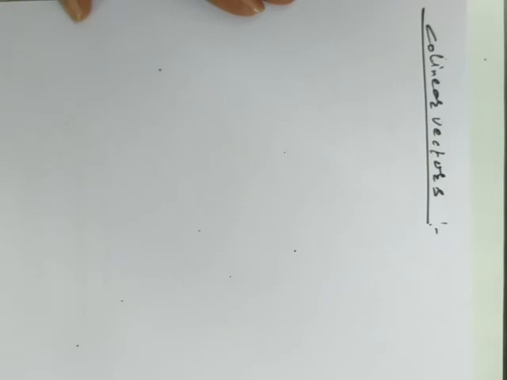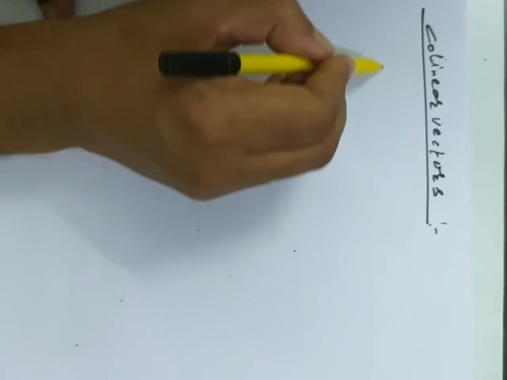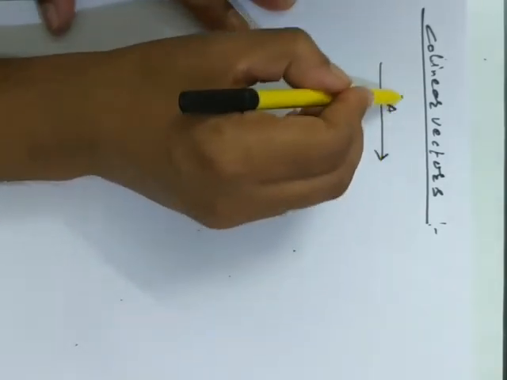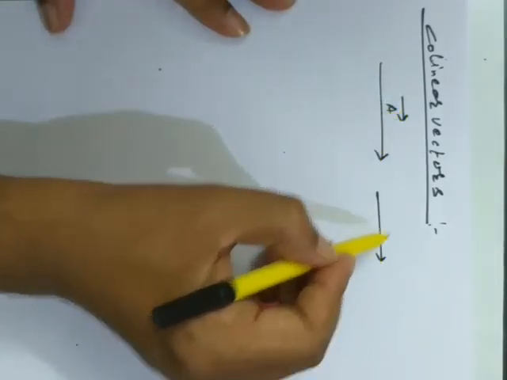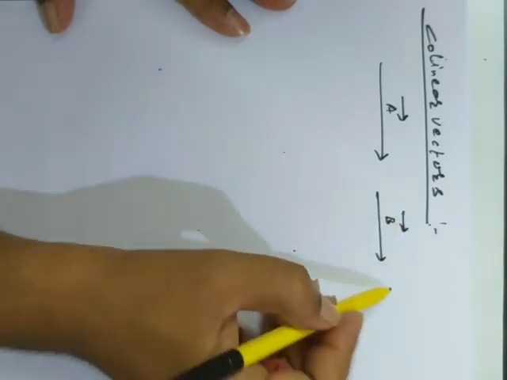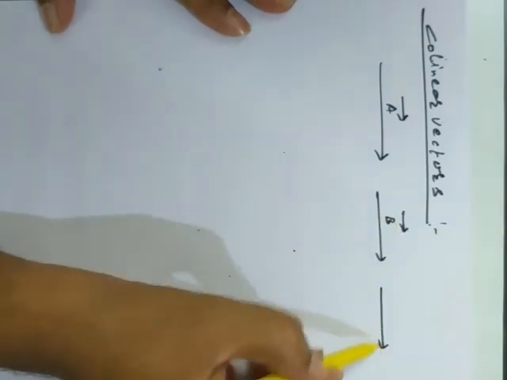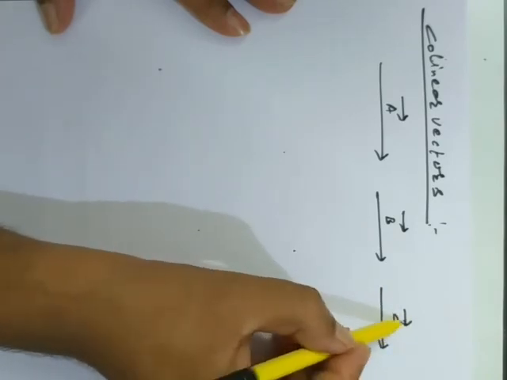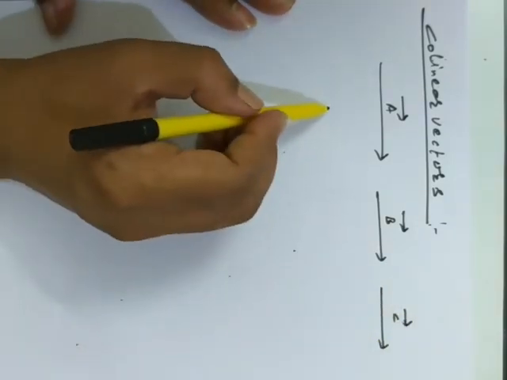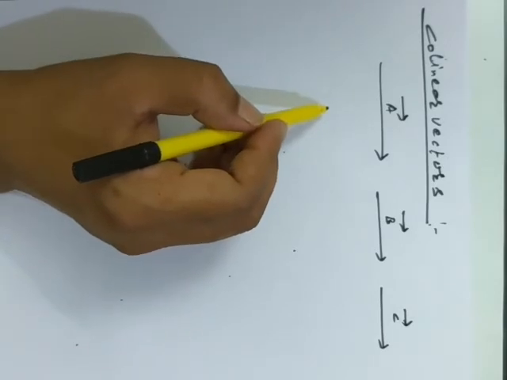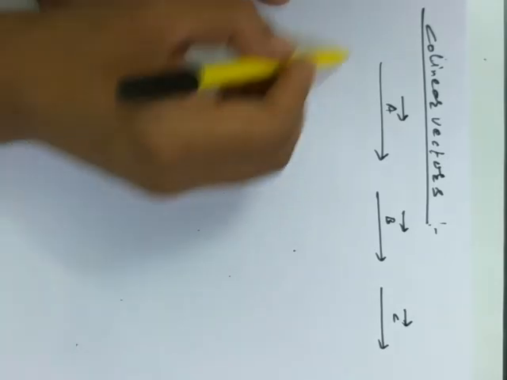Now next we have the collinear vectors. The vectors having different magnitudes but acting along the same line, or along opposite directions on the same line, are called collinear vectors. Let me represent some categories of collinear vectors. Suppose this one is a vector A acting along this direction, this one is a vector B having a different magnitude but acting along the same direction, and this one is a vector C. So A, B, C are called collinear vectors. It is also possible that some vectors act in a different direction. This is set number one.